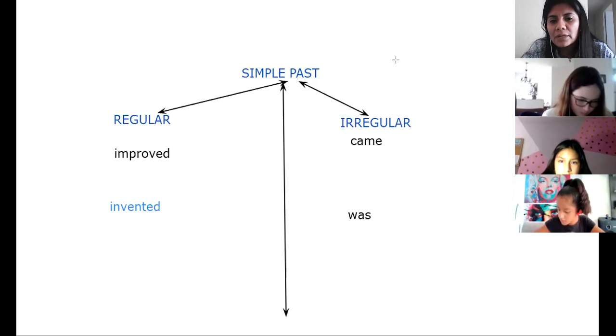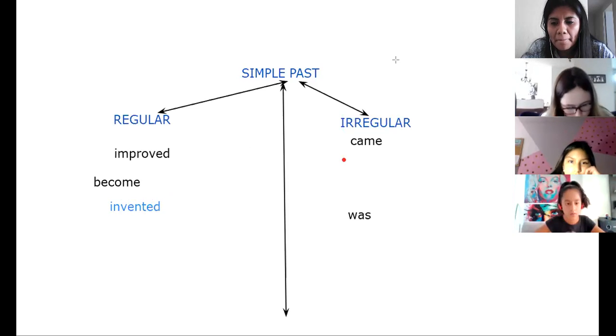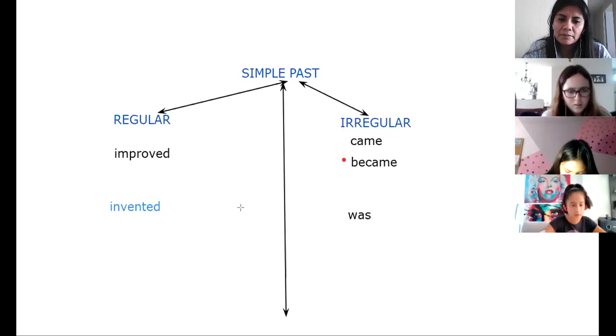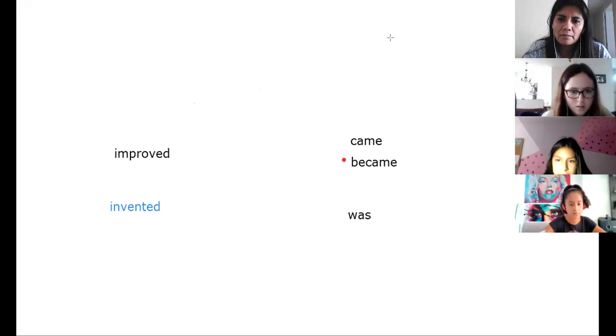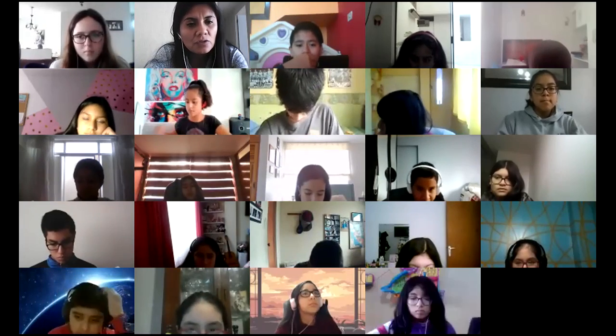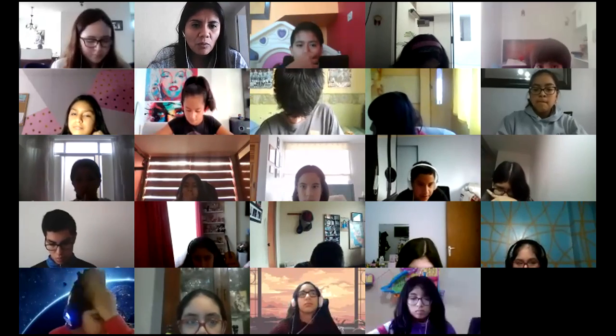So this is how you classify in your copybook from the previous idea, okay? Please don't put become or think. I don't know who is writing. And this verb does not belong in this category. Thank you. Okay. So this is how you classify the information presented in the sentences. In your copybooks, you're going to classify these ideas. What you also have to write in your copybooks is that we have